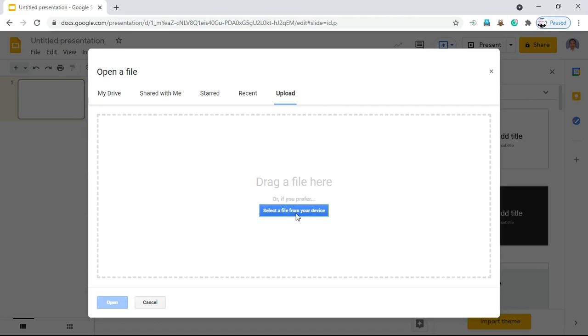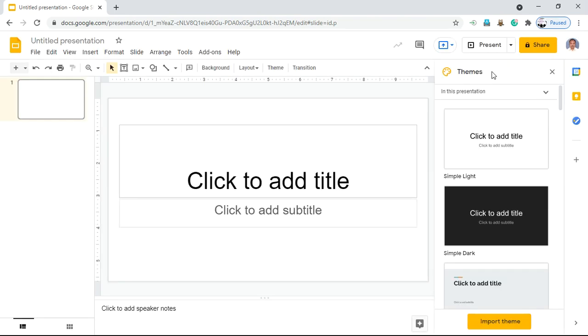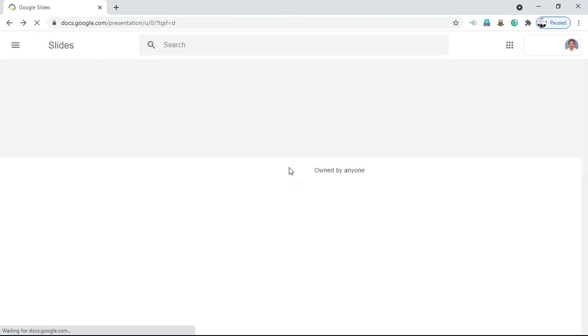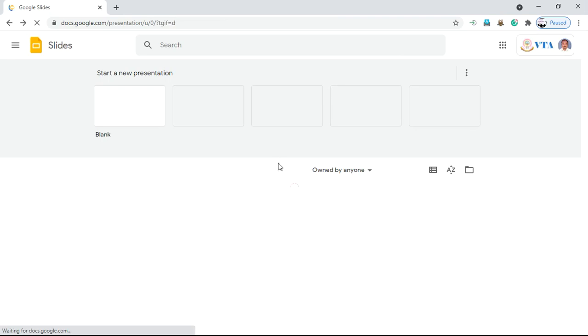So you can select a file from your device. So you can go through any of these two procedures. I have selected a template from here. So after selecting the template, just you need to fill or design the certificate.